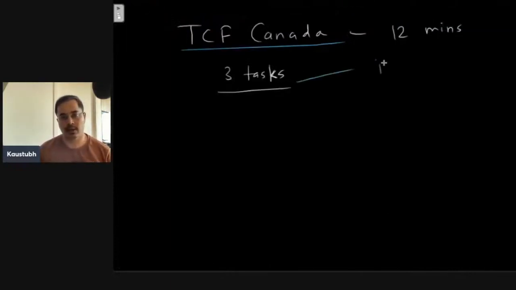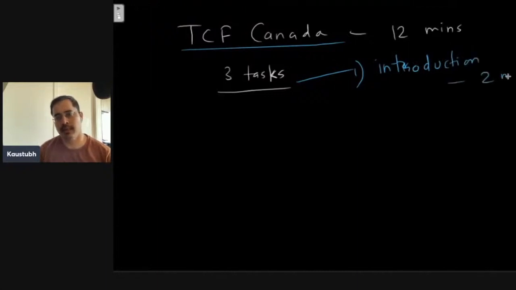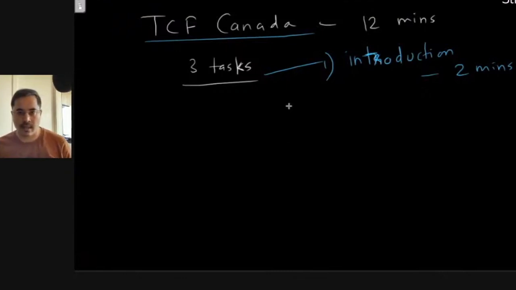First one is introduction, fairly simple. This is supposed to be for 2 minutes, where what happens is you come into the hall in front of the examiner after doing the formalities. You talk about yourself. You introduce, and tell about your name, where you are from, maybe some interesting things about yourself. Usually, people could say, okay, I'm going to prepare an introduction of 2 minutes and I'm just going to go and reproduce the content that I had prepared at home.